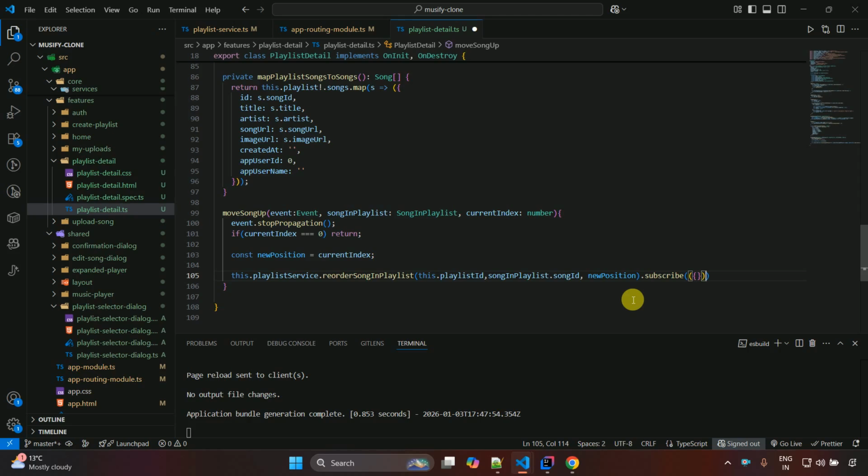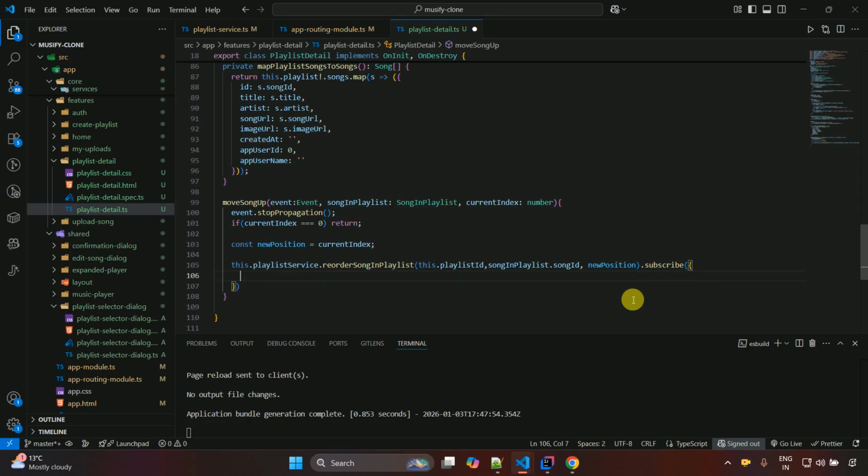Okay, there's 2 times I have added, so just remove this one, close this one, parenthesis and the curly brackets, and over here we'll write next, and then response,